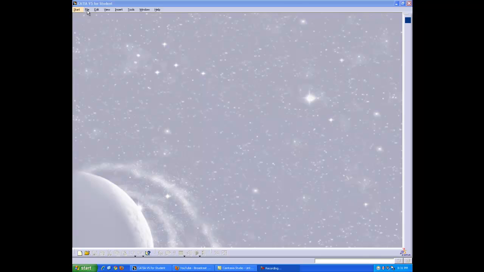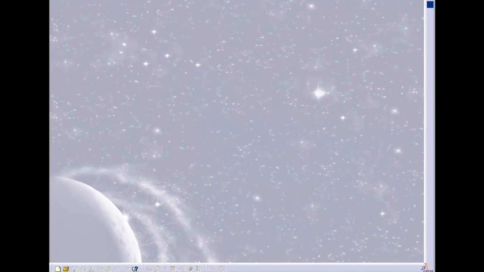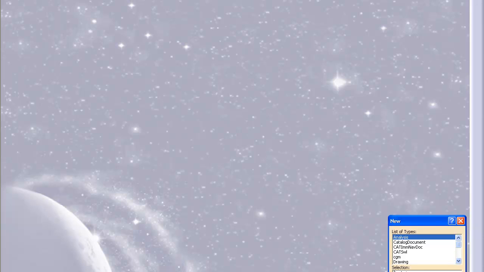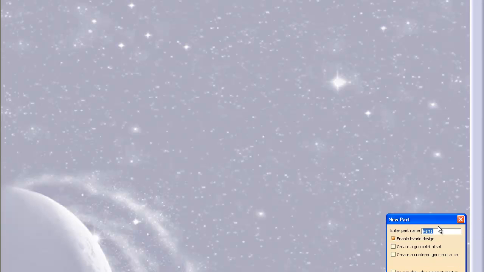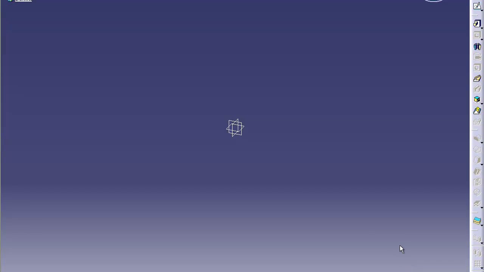Okay, right now I'm going to show you how to do the part Piston. So we're going to start off by doing File, New. Scroll down to Part. It's going to ask you to name your part. I'm going to name it Piston, but you can name it whatever you really like as long as you can find it later. We're going to start off by going into the YZ plane, enter Sketcher,